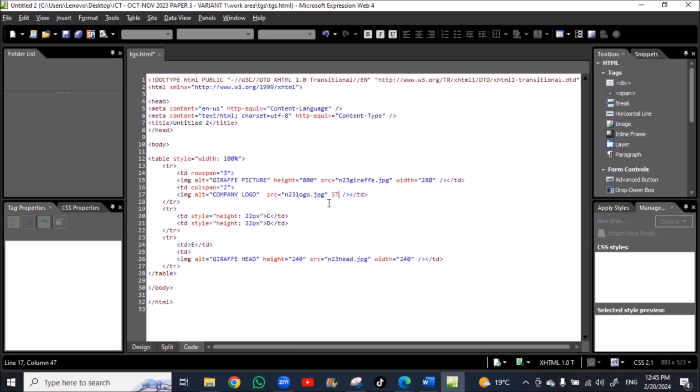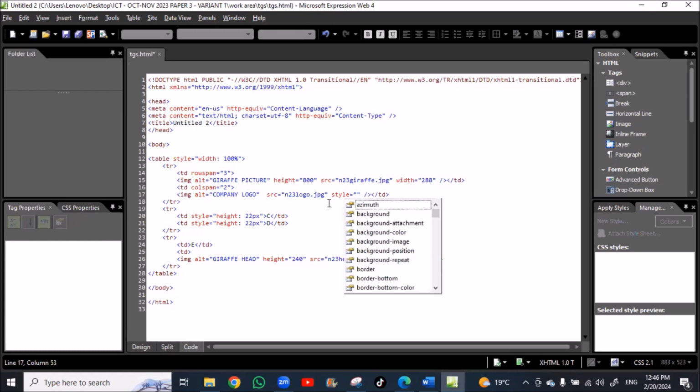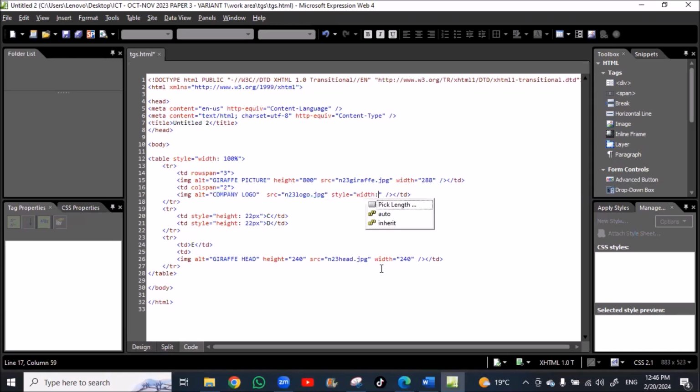And you write style equal width 100% to take all the width of the cell.